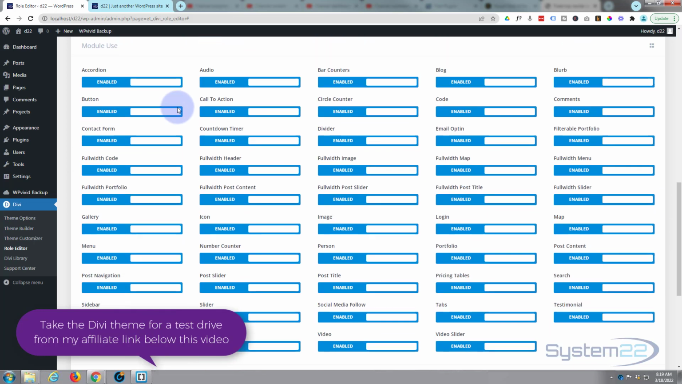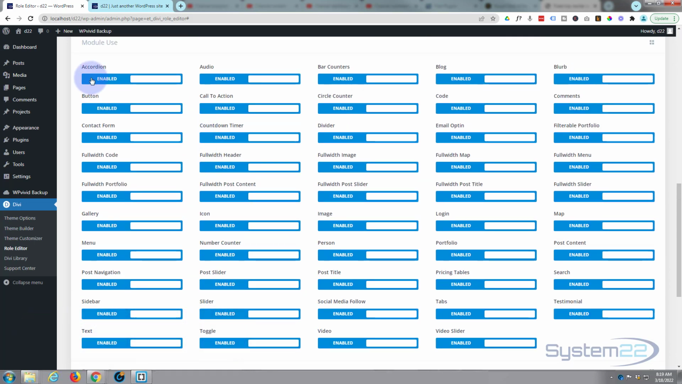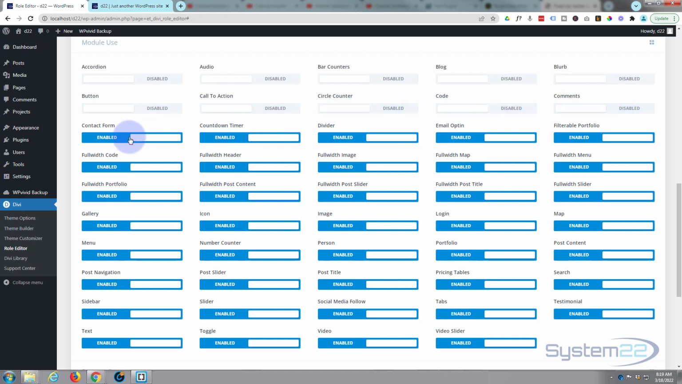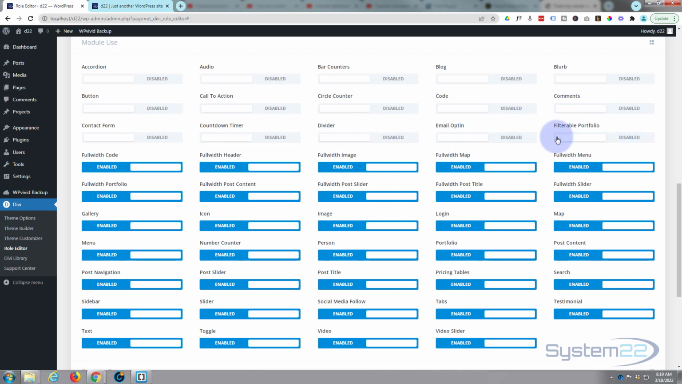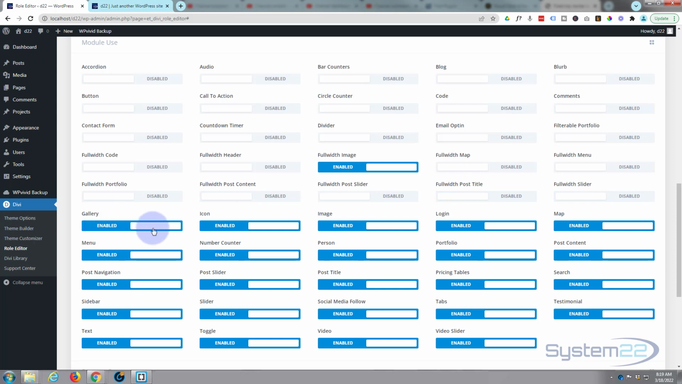And down here in module use, you can actually turn off and on the modules that you want to allow them to use. So let's turn a lot of these off. We'll leave them with images, full width code, text and galleries perhaps. So gallery we'll leave. Icon, let's leave the icons. Image,